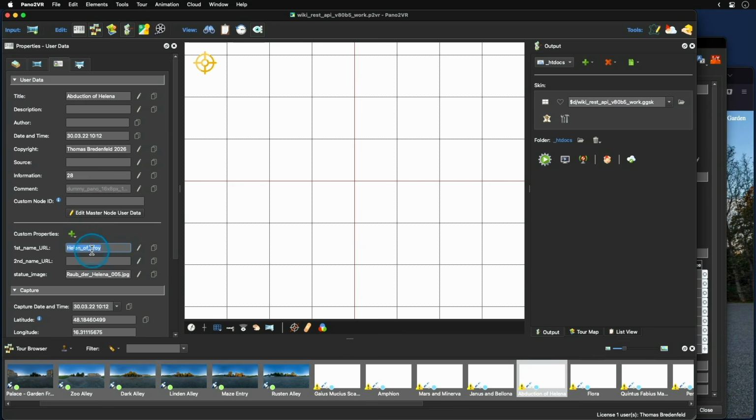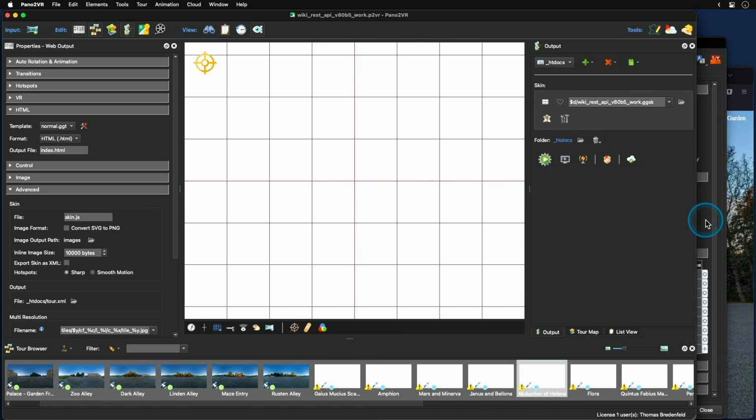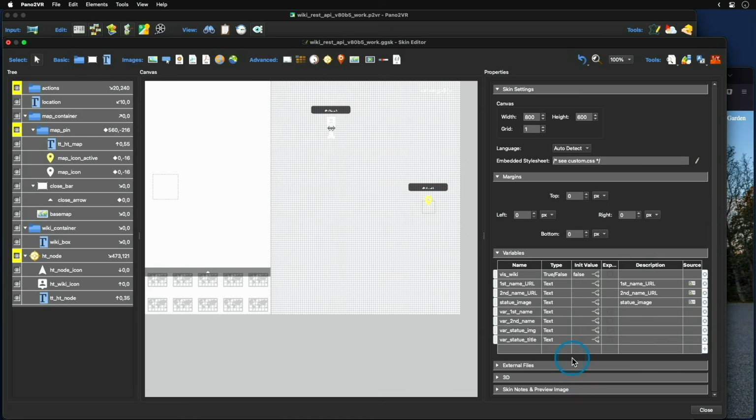And so these are different, so I choose to make my own titles, and the titles here are only needed as a text of the link back to the Wikipedia article. So I'm doing some dispatching here. From the 3 custom properties plus the user data title, I'm transferring them to these global variables here. And in the next step, I need to push them on a hotspot click to make it available to an